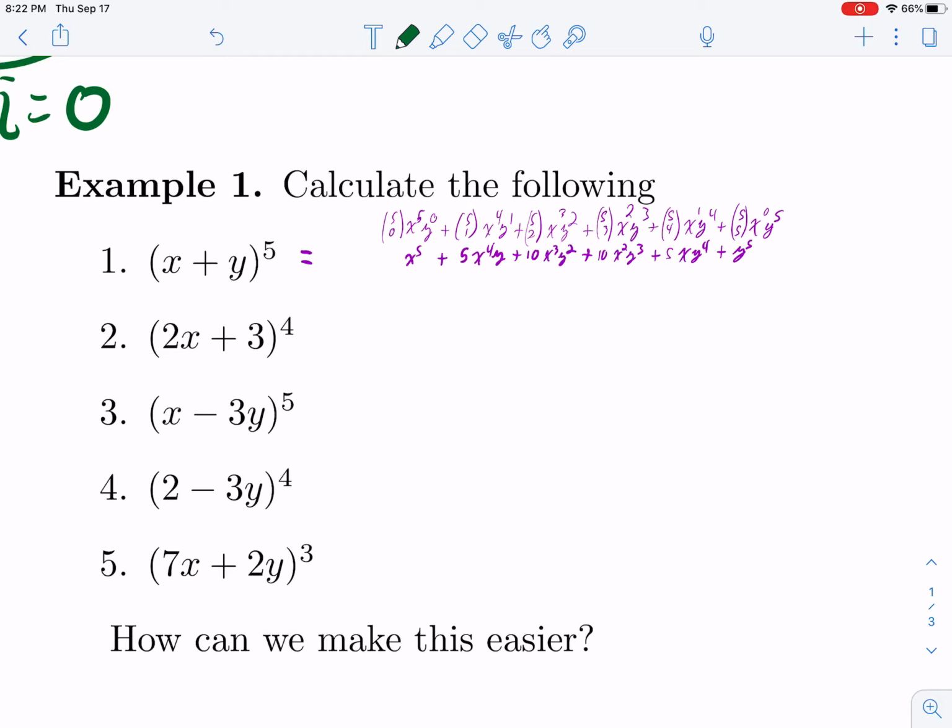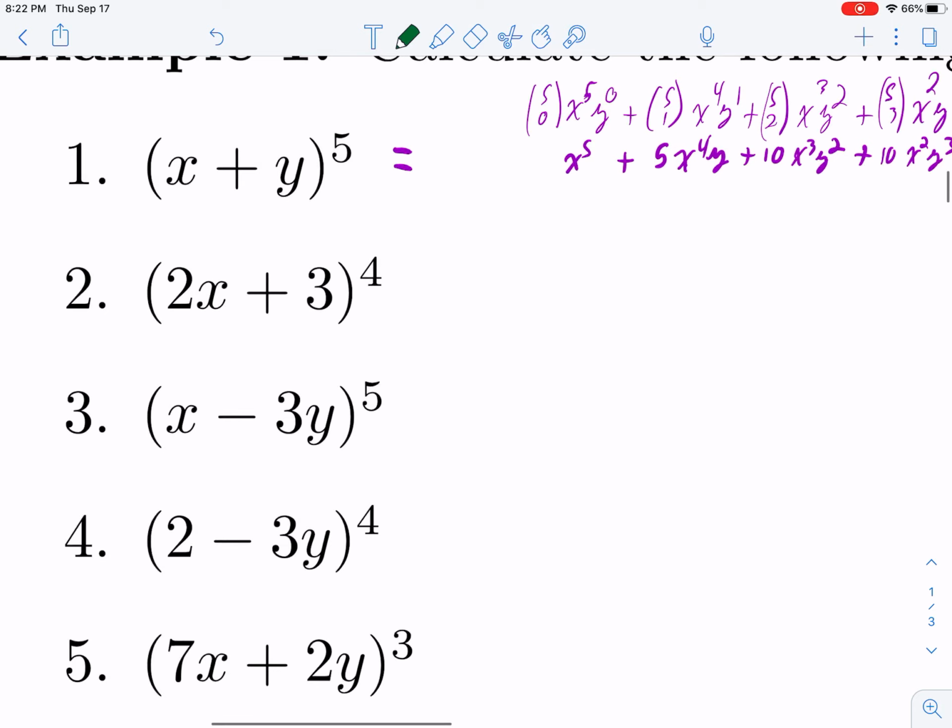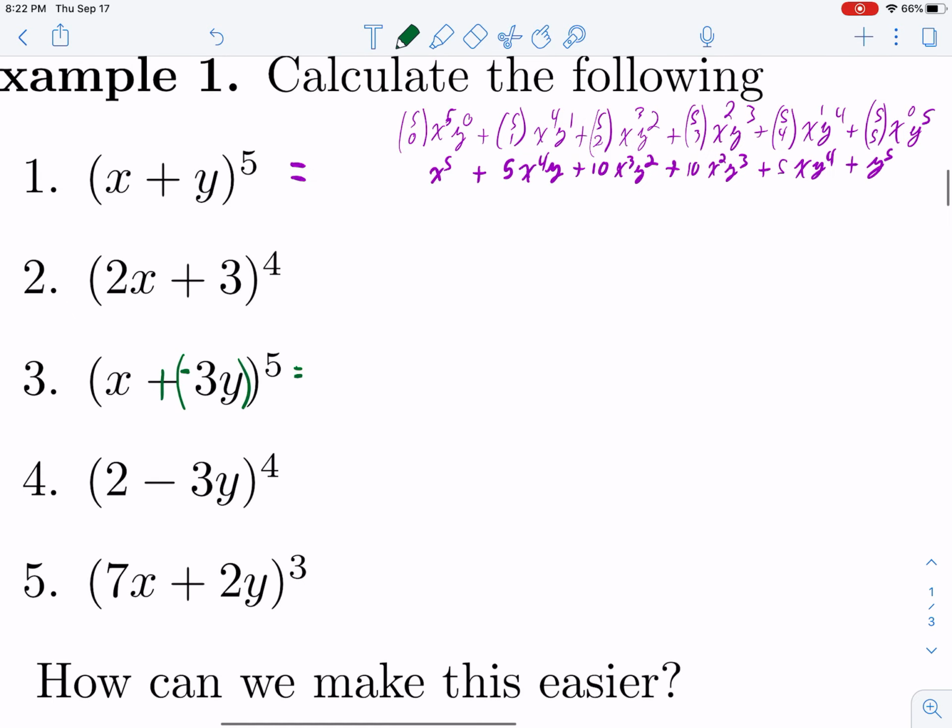So here's what I want you to do. If you ever have a minus sign, what we're going to do is take this, make it a plus sign, and we're going to make this negative 3y. Okay? And once we do that, we follow the same pattern. We go to the fifth power here again. So we're going to have